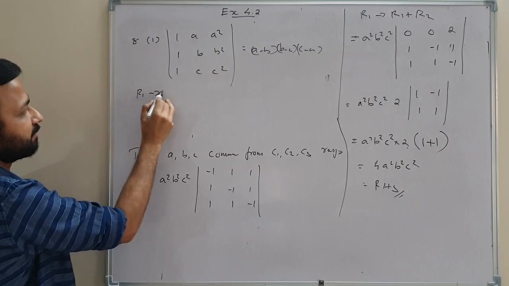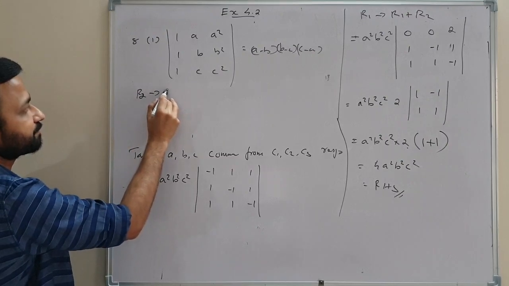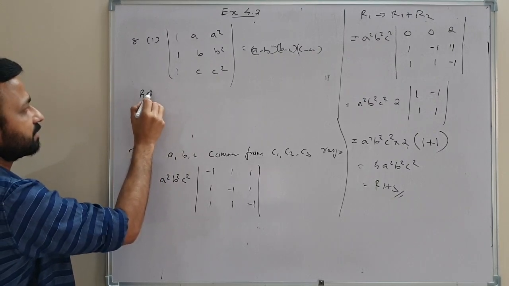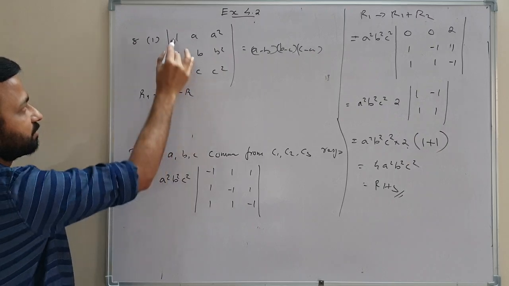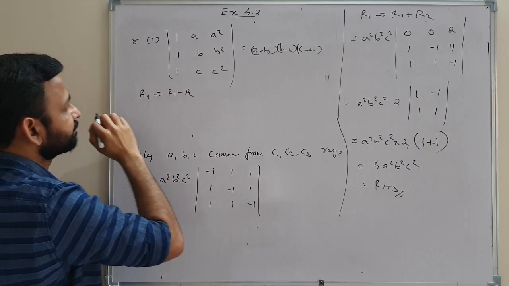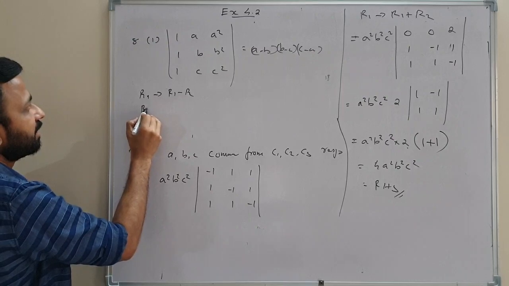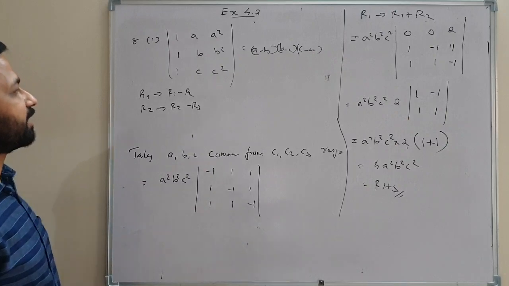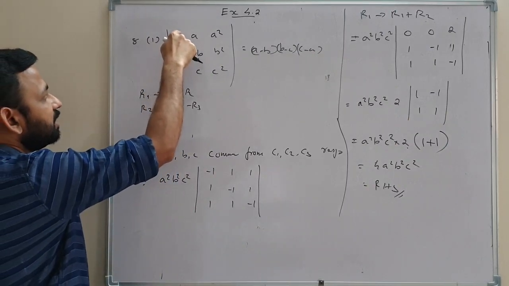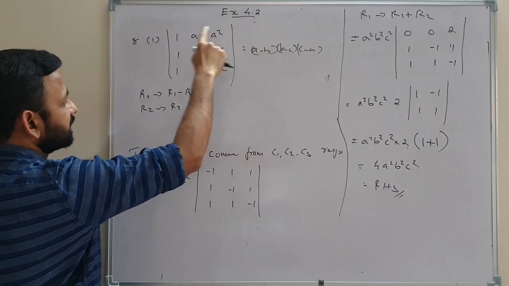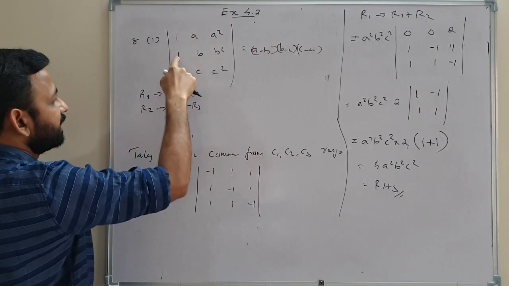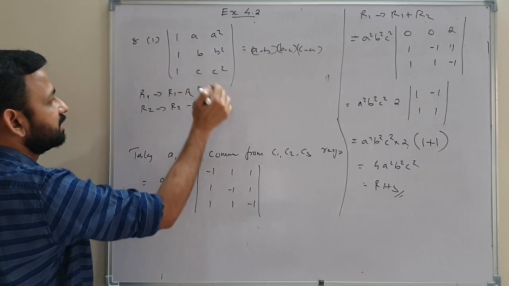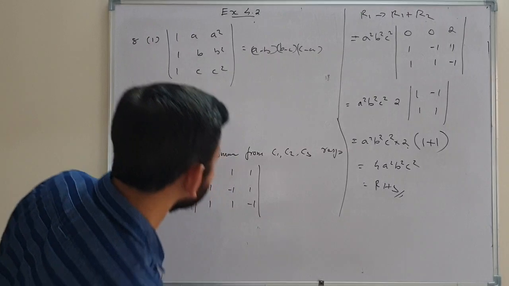If we do this operation, R1 tends to R1 minus R2, 1 minus 1, 0. Then R2 tends to R2 minus R3. R1 and R2 we are going to change. R1 tends to A minus B and B minus C required 1 minus 1. Then R2 tends to R2 minus R3, again 1 minus 1. So we will get a 0 here, 0 here. So that question will be